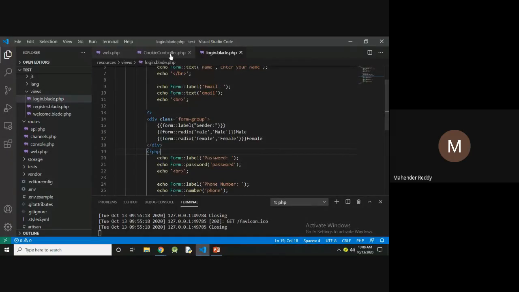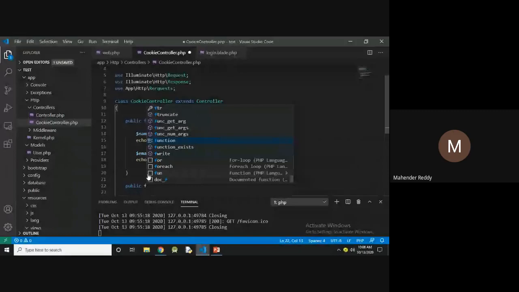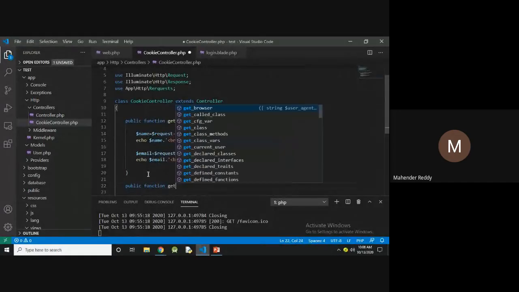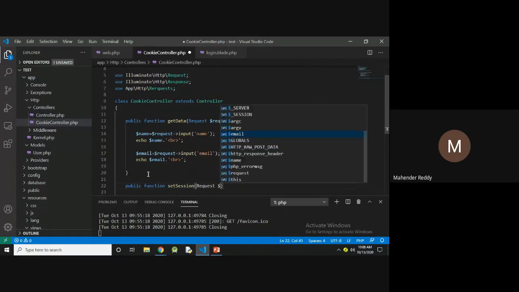So in the controller.php, I'm going to create the sessions. public function setSession(Request $req).